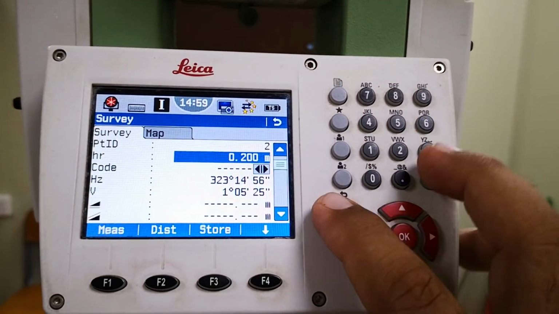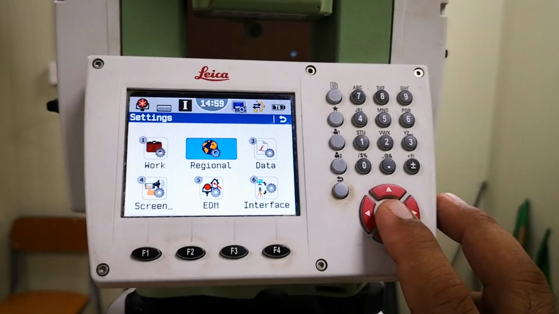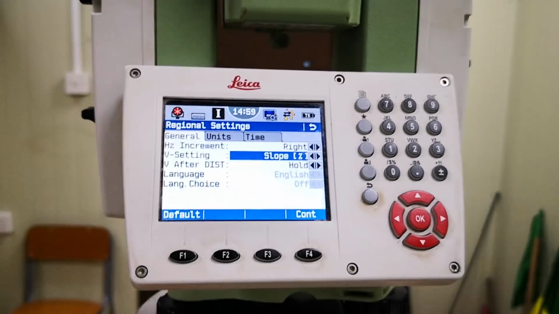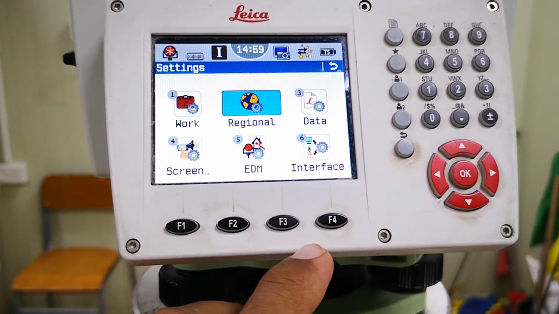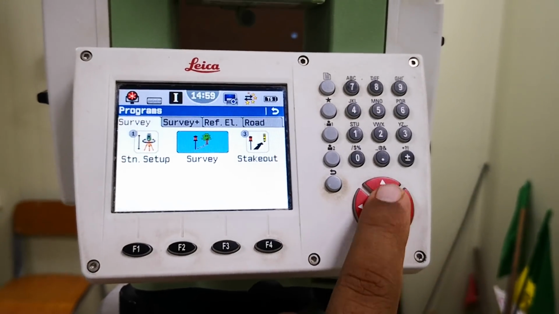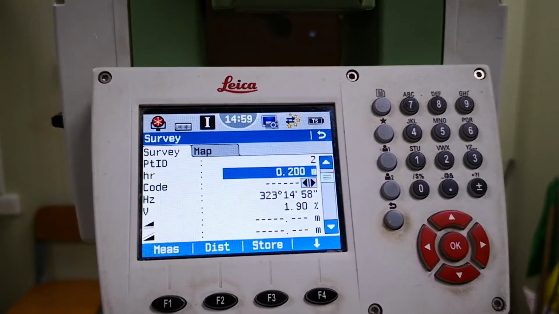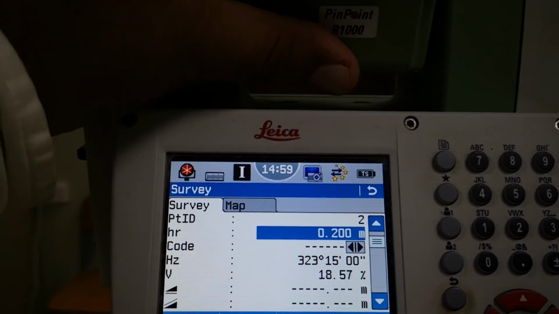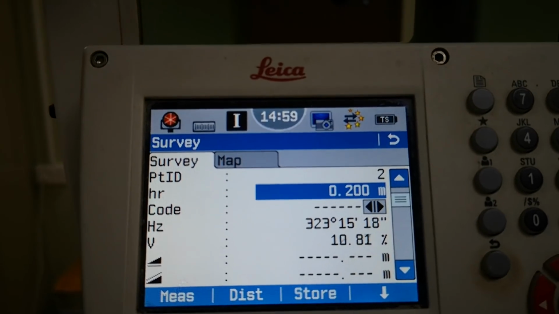I'll escape, go back to my setting, regional setting. Horizon, and if I put the slope percentage, I'll press F4 and then check this setting again in the survey. F4 for continue, and here you can see the V is showing in percentage, 1.9 percent, 13, 18, 19, whatever we have.